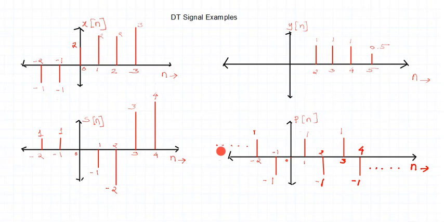Right? The signal is infinite in both directions. There are dots in this direction also, there are dots in this particular direction also. It means that the signal is infinite in both directions. So p of n is an infinite DT signal, whereas all the other examples yn, sn and xn are